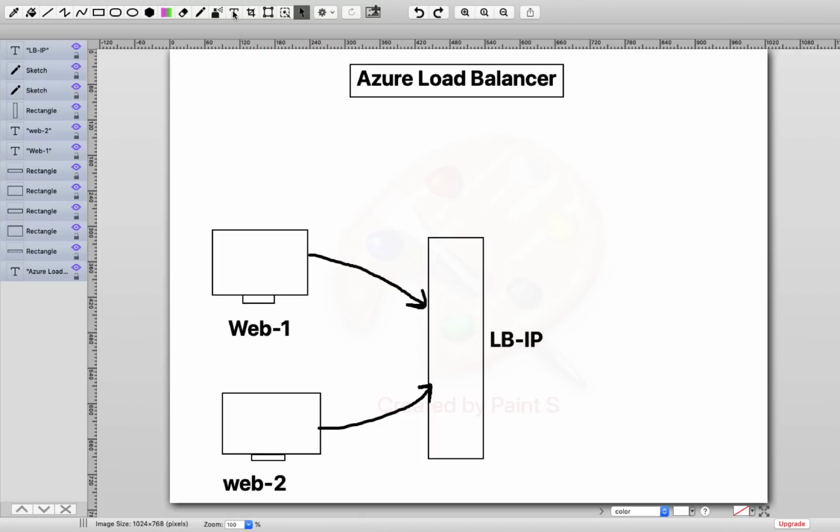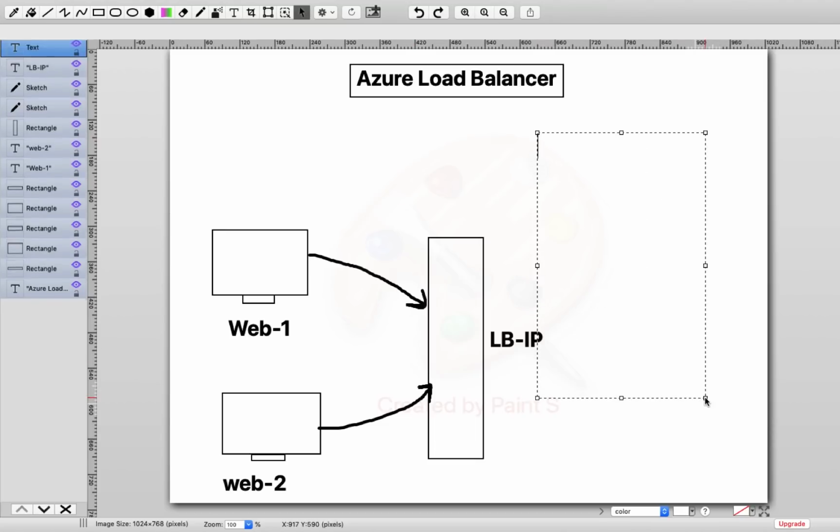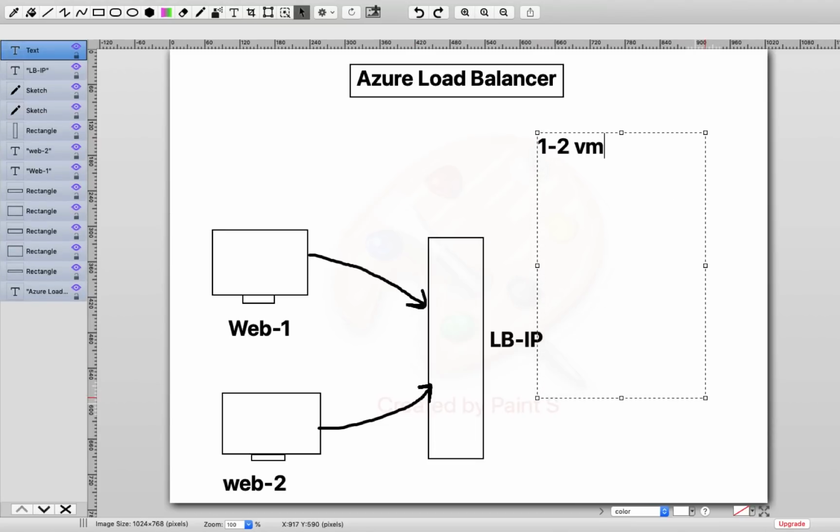If we're talking about the setup, what you need to do is create two different web servers, which may be Linux or Windows operating systems. Second, add port number 80 or 443, because both ports help you access requests for IIS or Apache service.